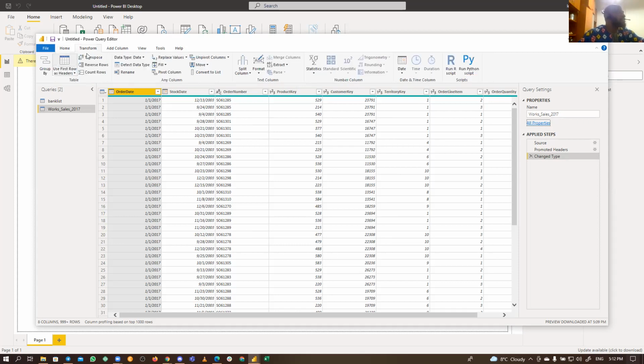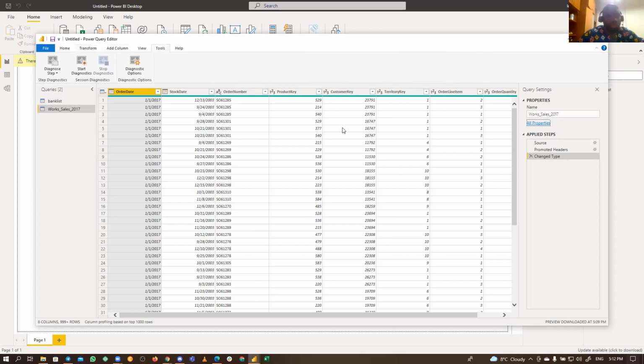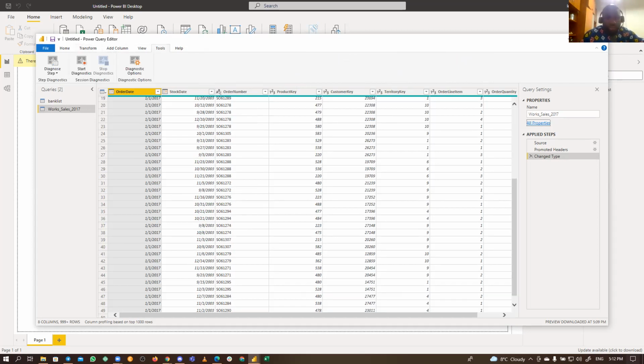Then we have this transform layout. We are going to be working on some of them now. We have the query pane. I already showed you before. This has the list of all the queries that you have on your list. So it's really interesting. Trust me. We have the home, we have the transform, we have the add column, we have the view, we have the tools. We are going to be working on all of these soon. And let me see if I'm not missing anything. Okay. So that is the Power Query. That's how it looks.